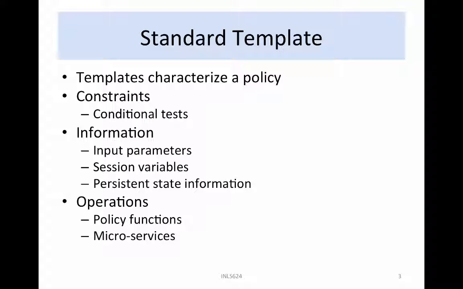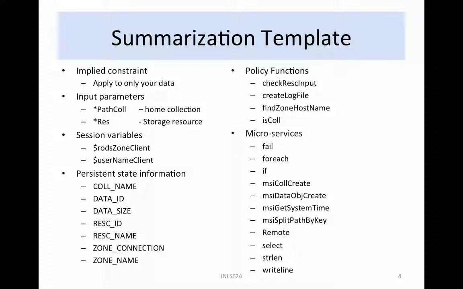The constraints. These include the conditional tests made to determine when, where, and who the rule is applied to. Information. This includes the input parameters, the session variables, and the persistent state information that are used in the rule. Operations. These include the policy functions and the microservices that are applied by the rule. The summarization rule